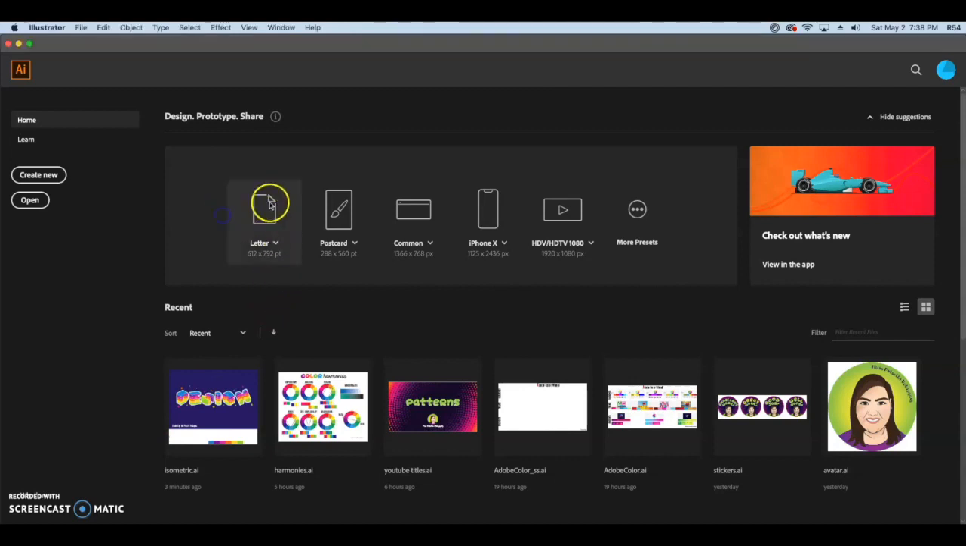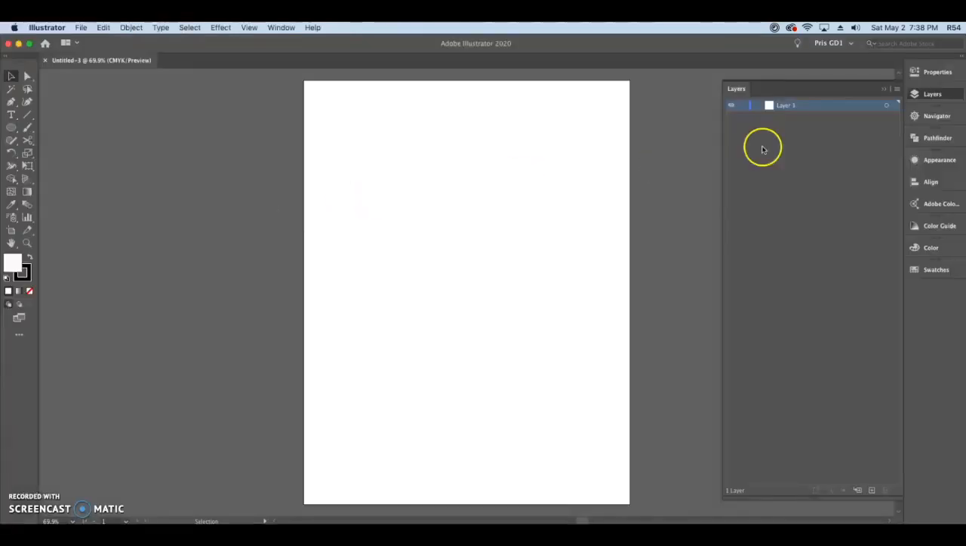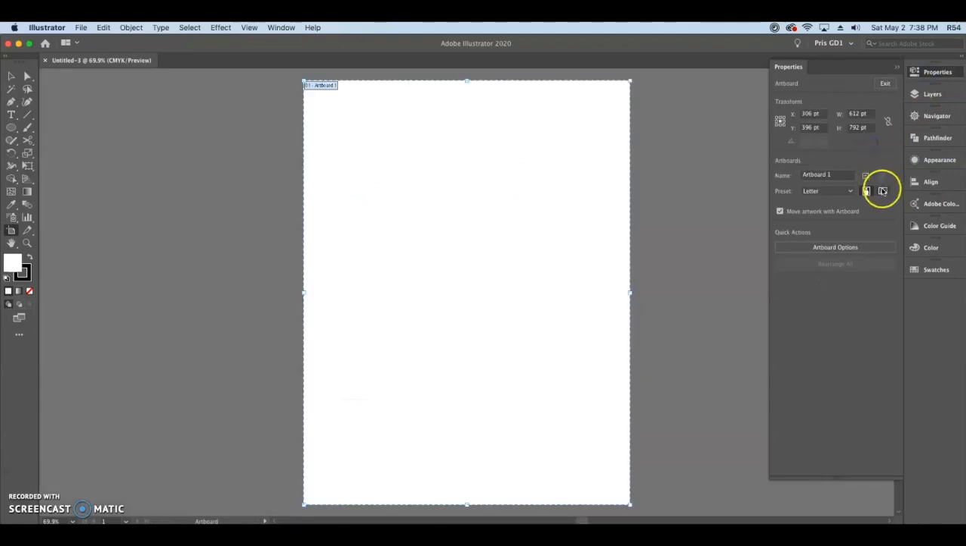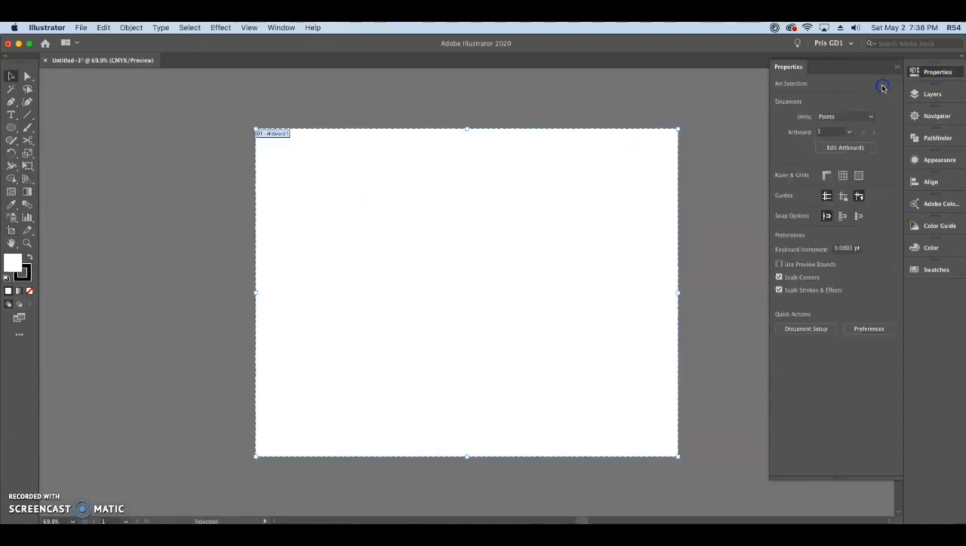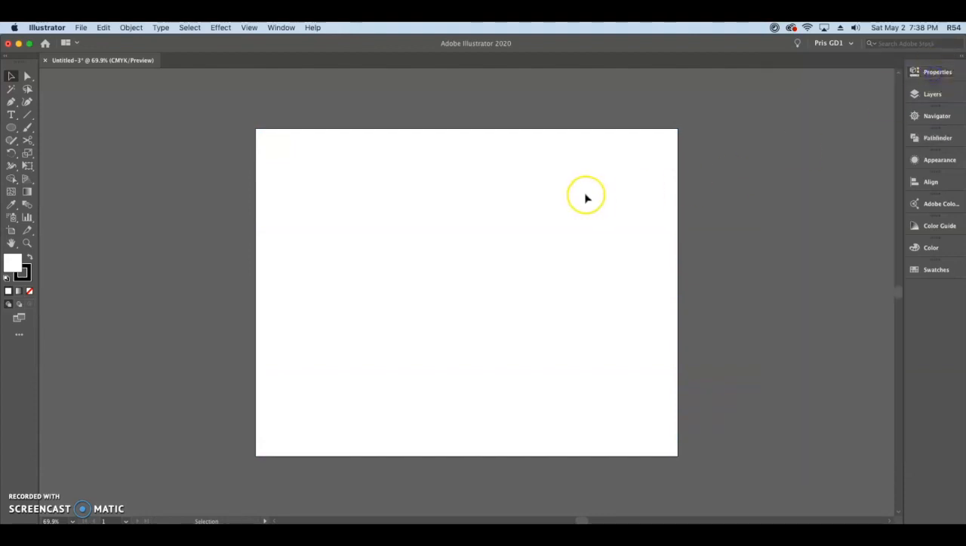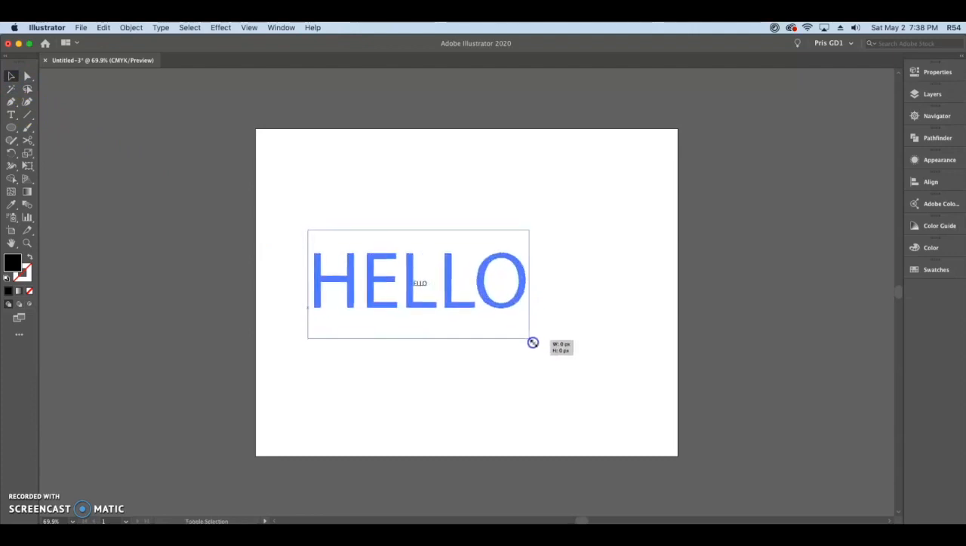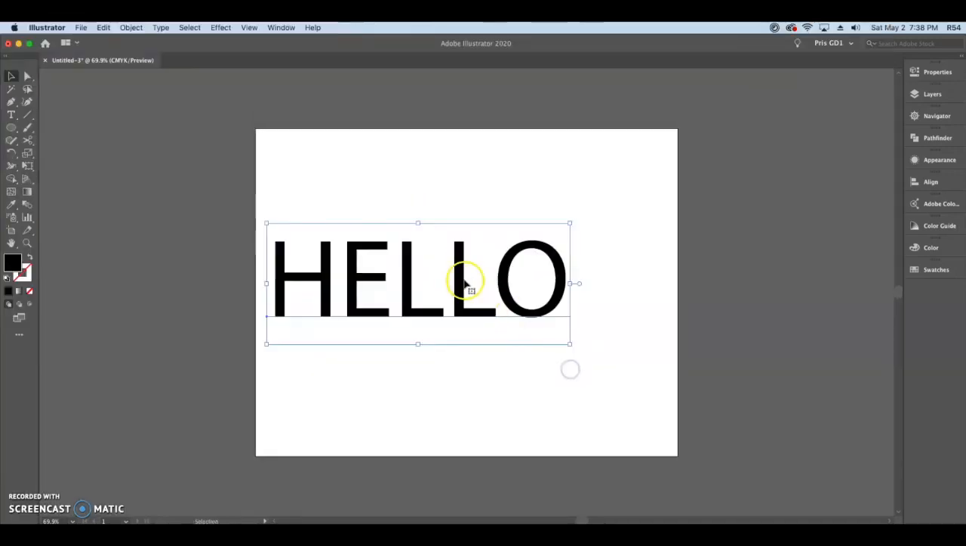First, I will create a letter-sized document, and I'm going to change its orientation to horizontal or landscape, and I'll start working with pixels, okay? Once you have that, you have to pick a word. For this tutorial, I'm going to write hello, just 5 letters, and I am going to press Shift and Alt